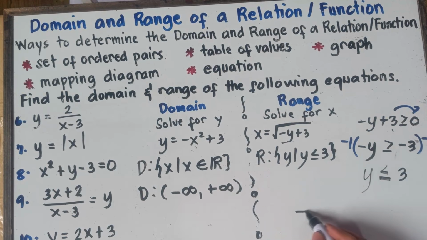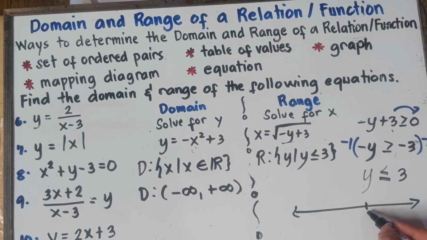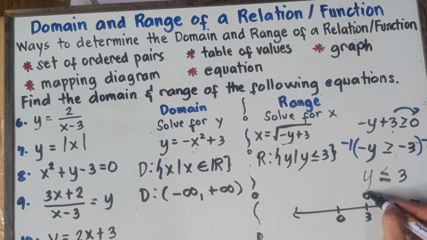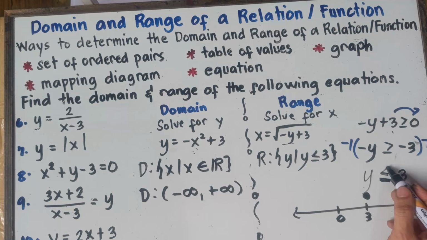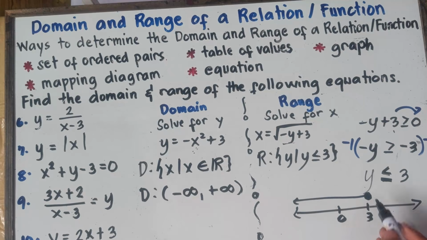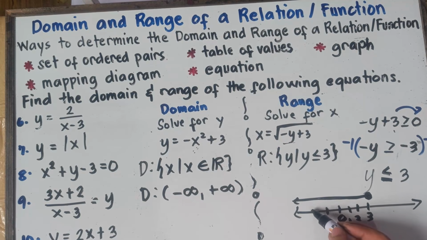Or we can have this in interval notation. So we have positive 3. Alright, positive 3 is here, right? This is 0 right here. Now, since we have less than or equal to, that would be a closed circle. Once again, class, if you have less than or equal to, you will be using a closed circle. So, less than positive 3, this one right here, that would be negative numbers. So, that would be positive 2, positive 1, negative 2, up to negative infinity.